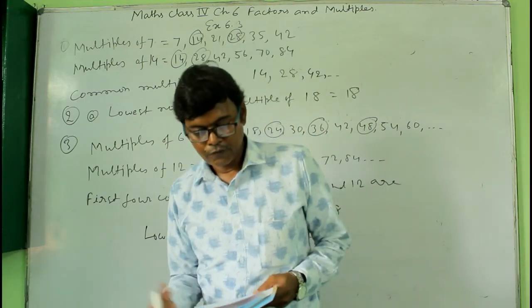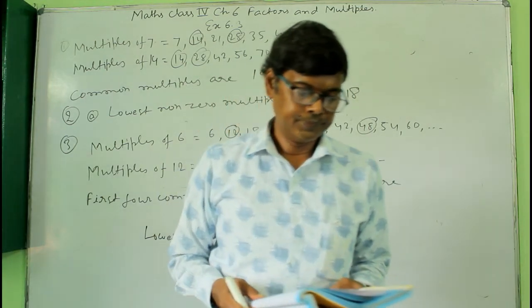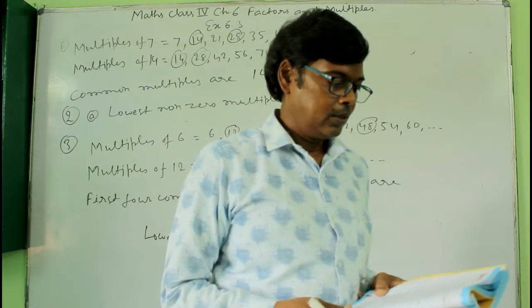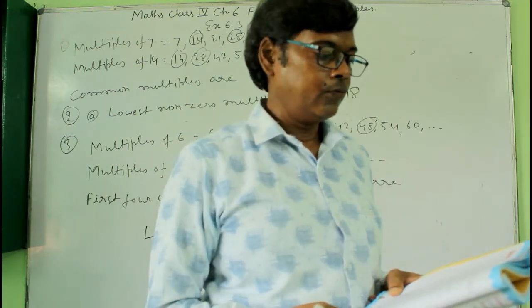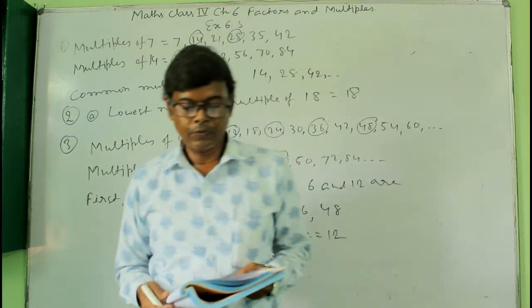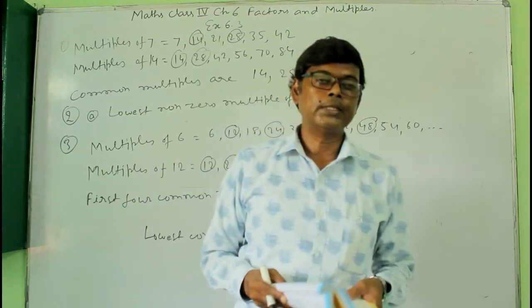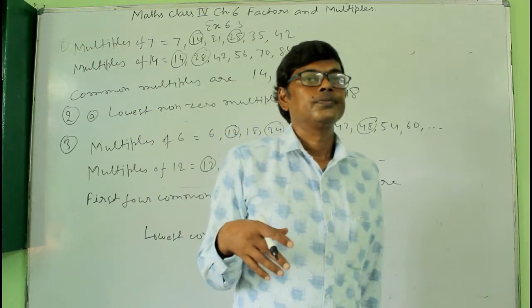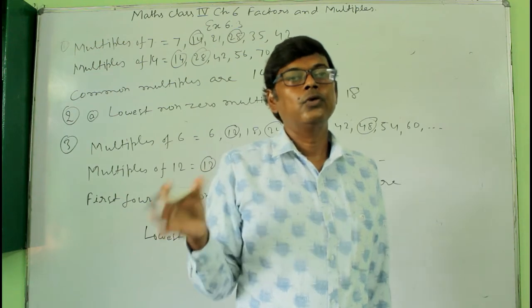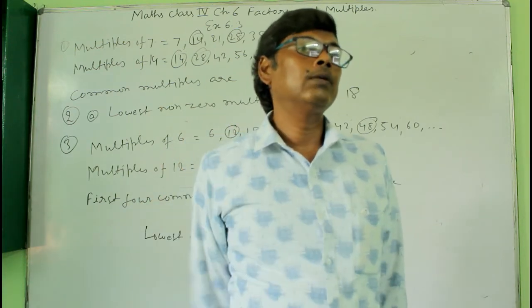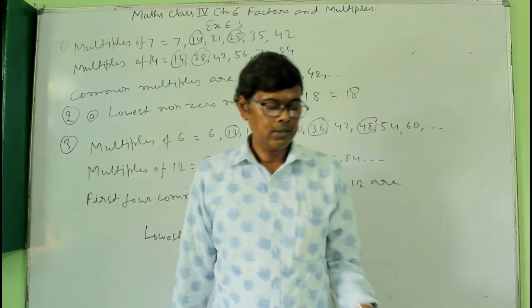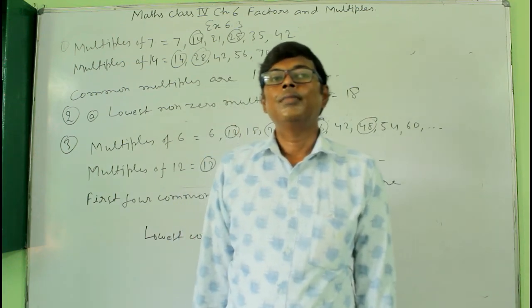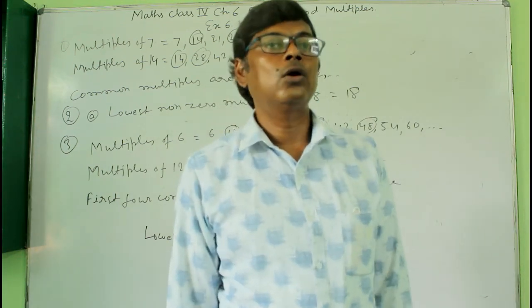And similarly you can find question number 4. You will now find the answer of question number 4 yourself. And now question number 5, find out if the bigger number is a multiple of the smaller number. Okay, we have to find out whether the larger number is a multiple of the smaller number or not.